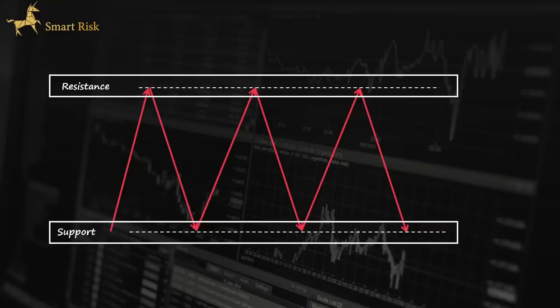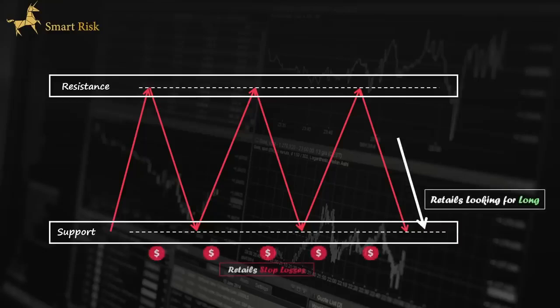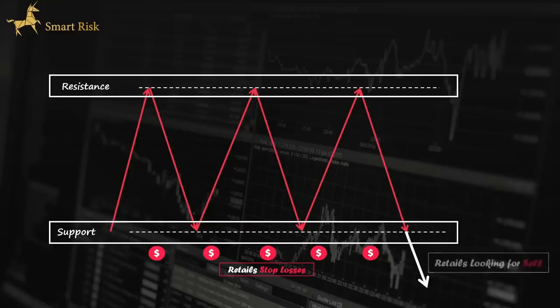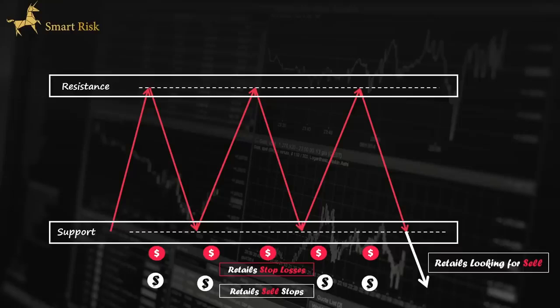It's obvious that retail traders are looking to buy when price reaches the support level, and they also put their stop loss below the support. Hence, we have a great liquidity pool underneath the support level, belonging to the stop loss of the buyers waiting to be triggered by the market. Also, it includes the sell stop of the retail traders who are looking to sell if price breaks through the support level to the downside, as they believe that if price breaks the support level, then it will start the